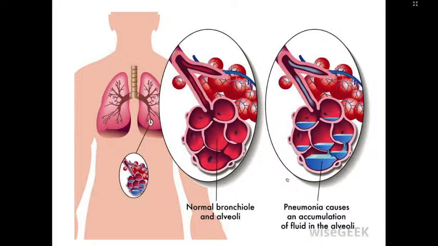This is again a nice picture showing what happens in pneumonia. And out here it is a clear picture of a healthy person. There are no secretions, there are no air fluid levels. Out here there is a fluid level. This is fluid in the alveoli. So it comes out here, then the ciliated columnar epithelium will help you cough out the secretions.